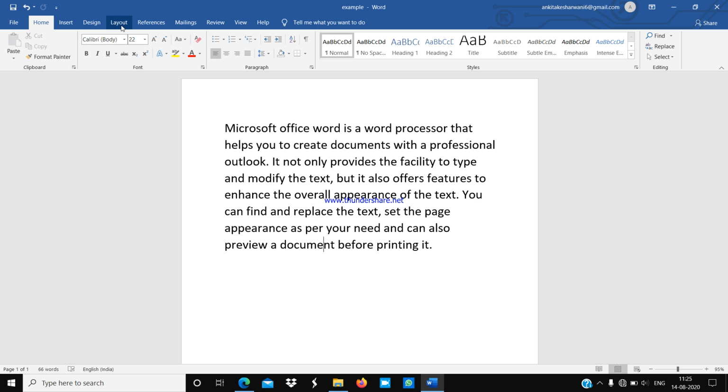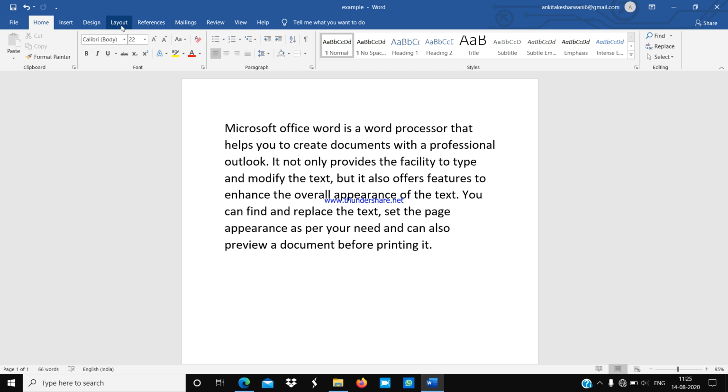As you know, I am using the Word 2019 version. Okay. So here, instead of Page Layout in the 2019 version, it is written as Layout only. Understood? Layout.